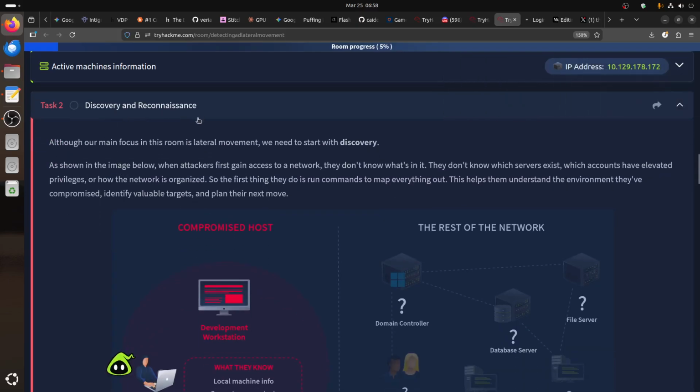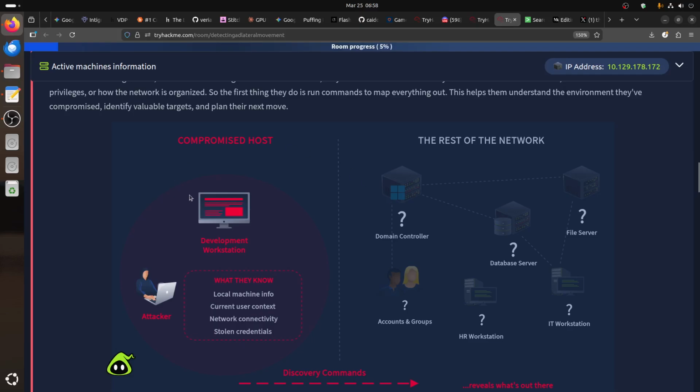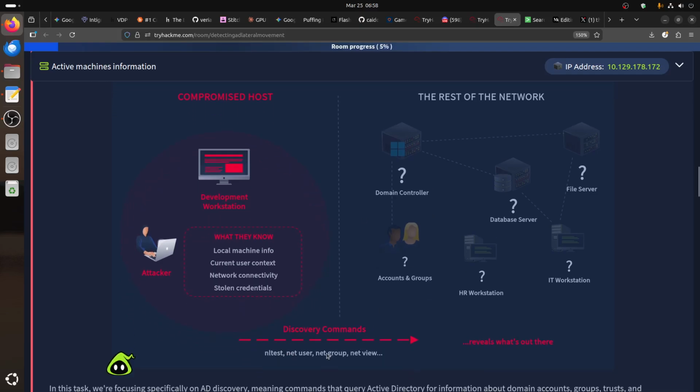Discovery and reconnaissance. Our main focus in this room is lateral movement, but we need to start with discovery, as shown in the image below. For example, when an attacker first gains access to the network, they don't know what's in it. They don't know which servers exist, which accounts have elevated privileges, and how the network is organized. So, for example, the first compromised host, say a development station, and then they start discovery commands like net user, net group, net view, and all of that to check what's inside